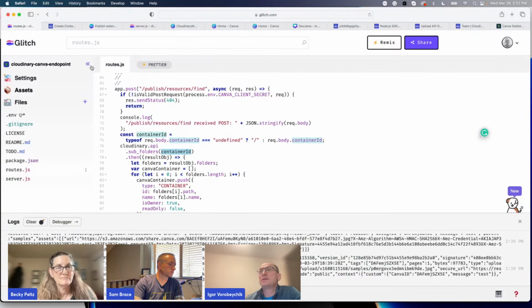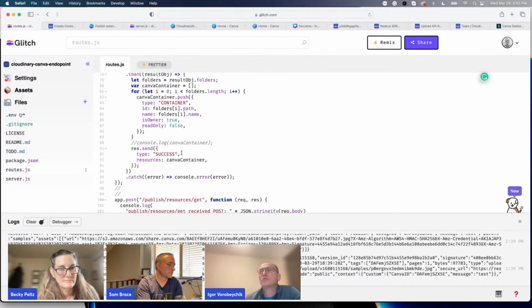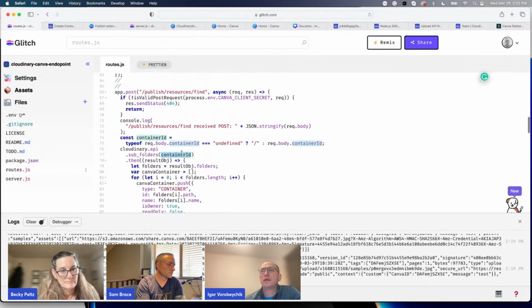The rest, I wouldn't say, was that hard to implement. And again, even if you're new to Node.js, new to Cloudinary, new to Canva, using this blog and those few resources, you should be able to put this together in several days and already have your own